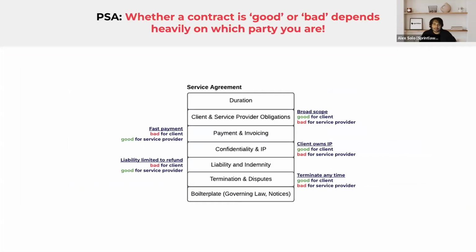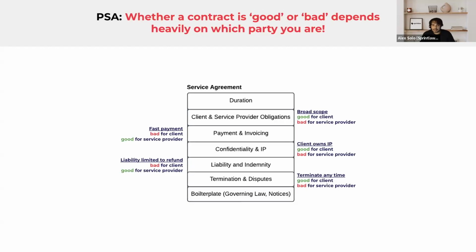One of the very, very important things to understand, and this is something a lot of small businesses get wrong, is understanding that whether a contract is good or bad depends heavily on which party you are to the agreement. So, for example, a service agreement, which is a very common agreement for businesses. If you're a service provider, you might call this your client agreement, your client terms and conditions, but whatever the agreement is that you have with your clients,